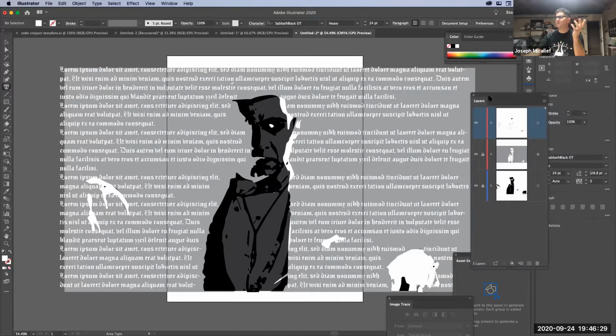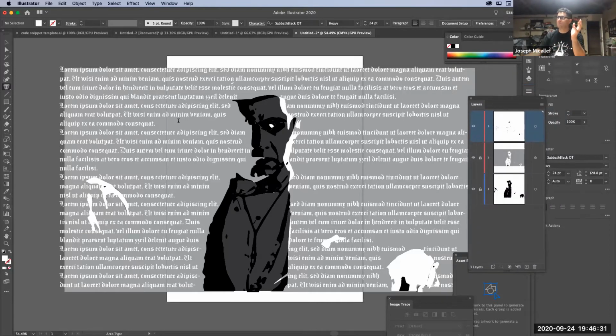Now I wouldn't stop here. I think a lot of people would probably say, okay, I'm just going to fill it with type, and that's going to be as far as I take it. But I think you can take it further. There's all sorts of weird things you can start to do. Like, I like how you can really see Dracula in this, but maybe